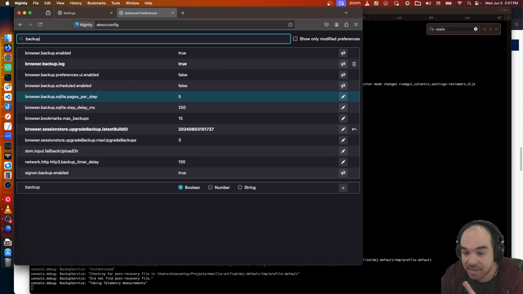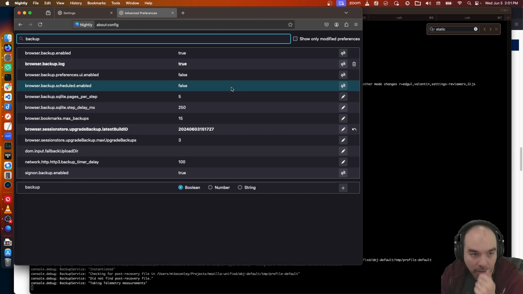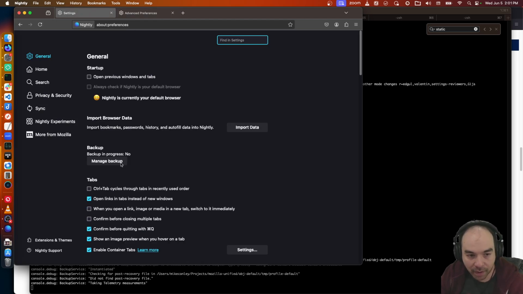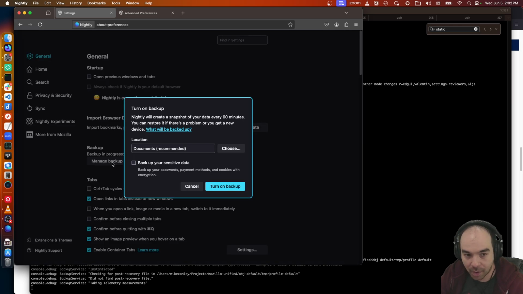Right now this isn't even alpha software yet. This is pre-released stuff. We haven't thrown QA at it. Do not use this. Do not create a backup and hope that it's going to work in the future. All of this is subject to change. None of this is ready to go yet. So just keep in mind, all right? This is very, very early days. But if you turn this UI on, we've got a little bit of fiddly UI here to turn on backup.